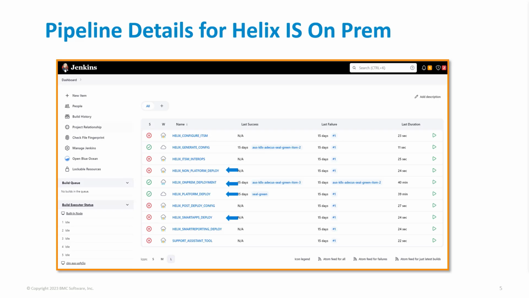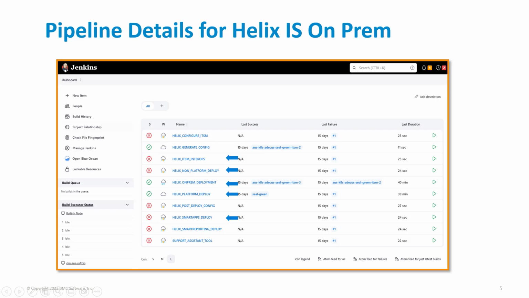Moving to the next one, which is your smart apps. So the smart apps deployment is basically the DWP Tomcat master slave, your catalog ITSM plugin, and it also deploys the components like your digital workplace catalog, work business workflows, multi-cloud broker, ITSM insights. The next pipeline which is available in the system is